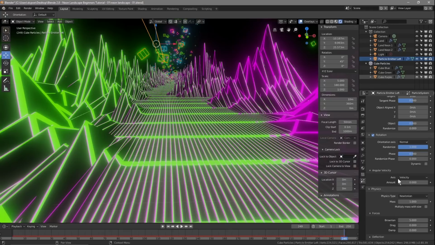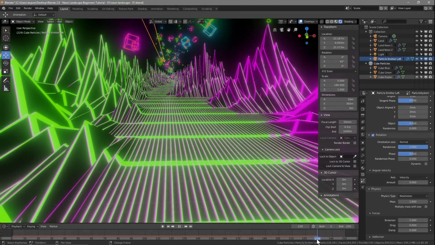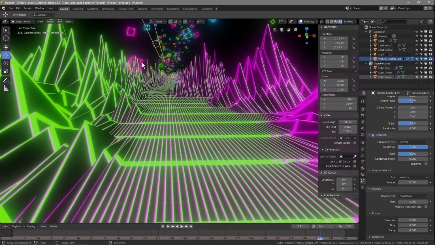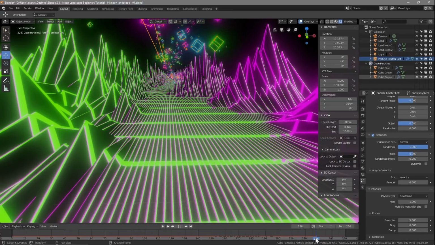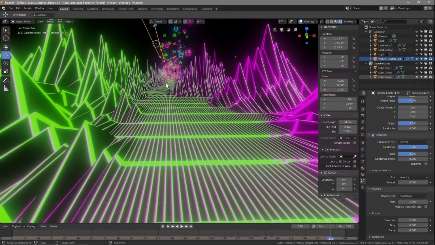So angular velocity, here it says what axis is used to change the particle's rotation within time. So the velocity can actually make these objects spin rather than them just falling at a flat sort of trajectory, right? So this cube won't really spin. If we move it back on the timeline, you can see they're just falling, like this cube here is just falling at that particular angle. It won't really change angle when it hits the floor or do anything. So really we want to set this to something, we'll have to experiment with this, but let's set it to like